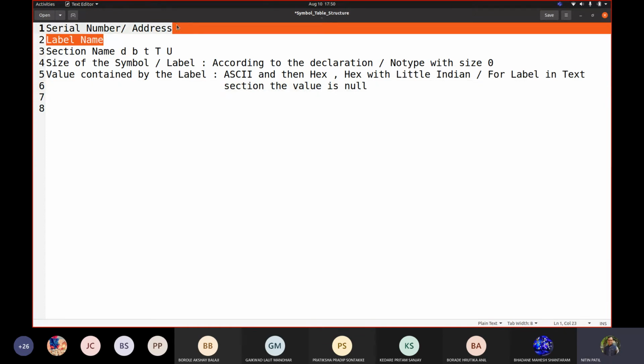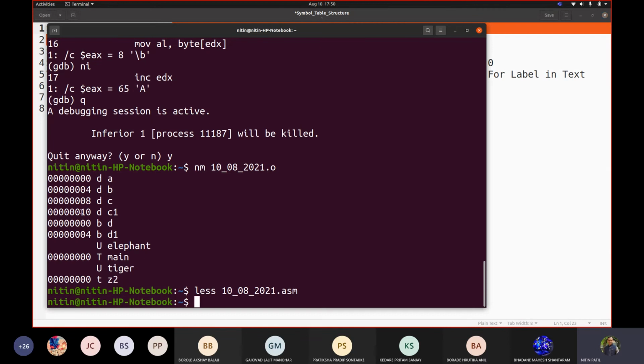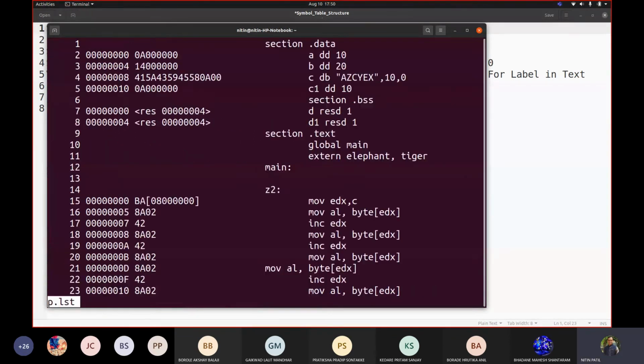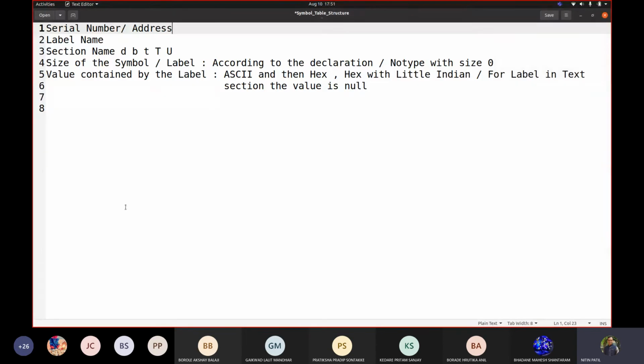Now, when we go beyond this object code, like here we are talking about this object code, correct? If I try to generate an LST for this, if I see p.lst, now see my variable addresses 0, 4. Again, it is starting with 0 and 4. Correct. This also starts with 0. And as it is taking 5 bytes, that's why the next address is 5. So you have to manage your program counter too, or instruction pointer too.